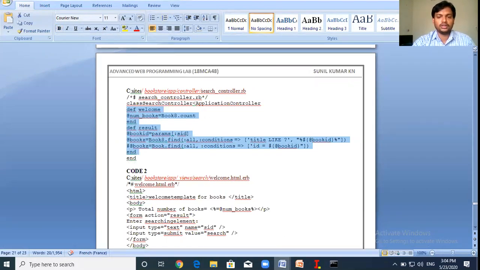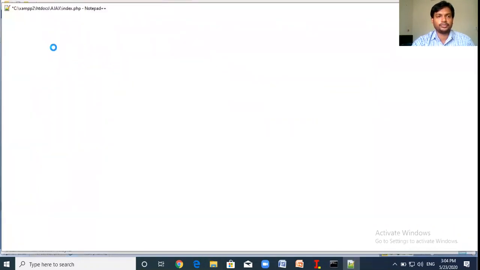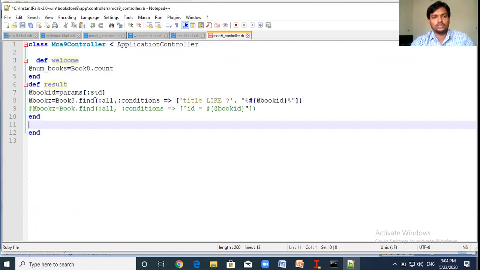So copy it and go to this controller file and place this code. So this code helps you to interact with the database as well as the user interface. So now the code one is copied to this controller.